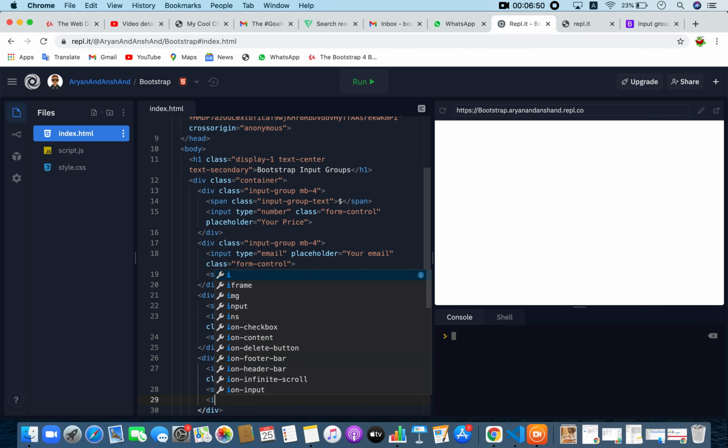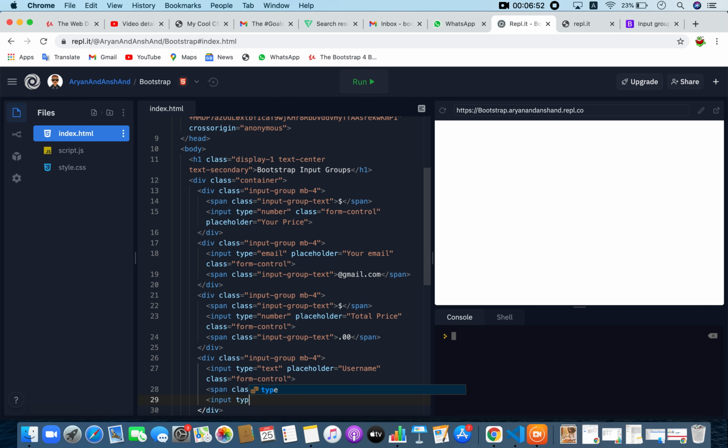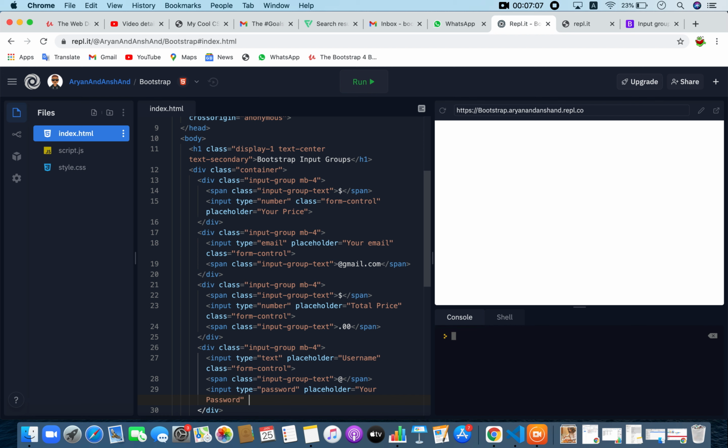So now I'll add one more input after this. Input type is equal to, I'll make this one password. Placeholder is your password, and class is form control.